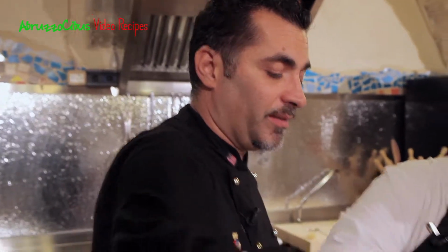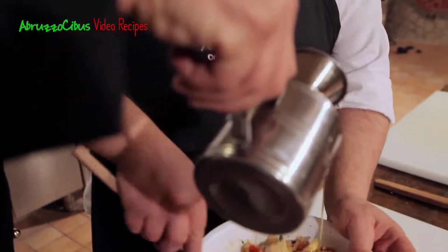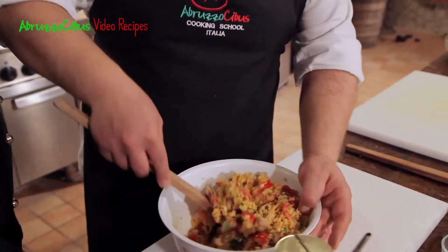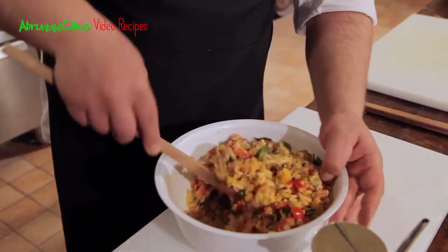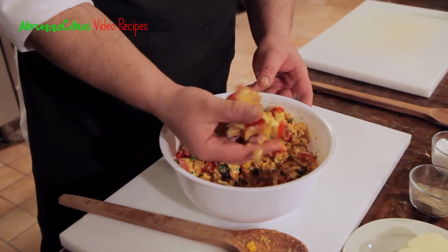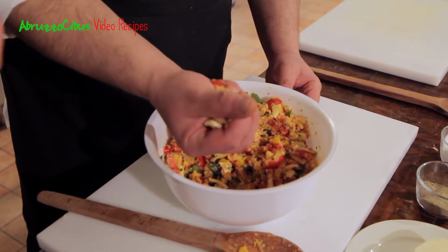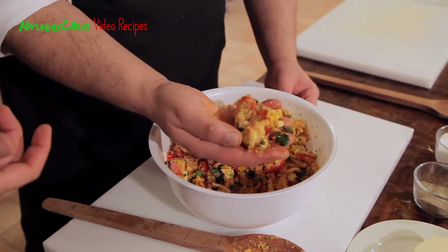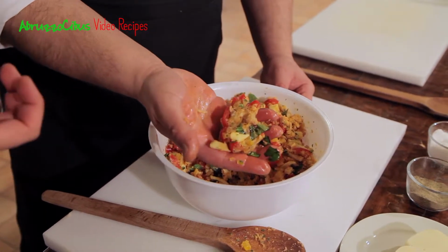We're gonna drizzle some extra virgin olive oil. So Dino's squeezing the Abruzzo stuffing. Once it gets nice and compact that way, thanks to the oil,